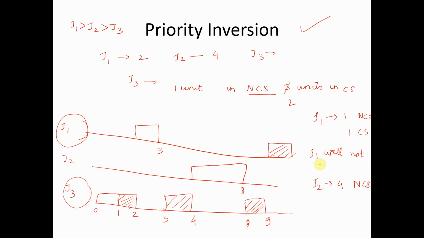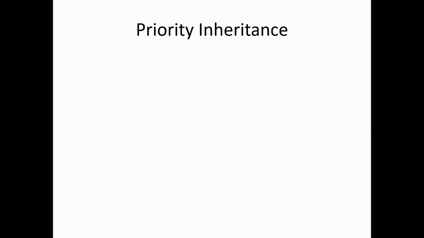A low priority task, say TH and TL. Assume that the priority of the high-priority task becomes very low and the priority of the low-priority task becomes very high. In this case we say that the priorities are inverted. So that is the priority inversion problem. Next we'll see what the priority inheritance problem is, and how the priority inversion problem can be solved.